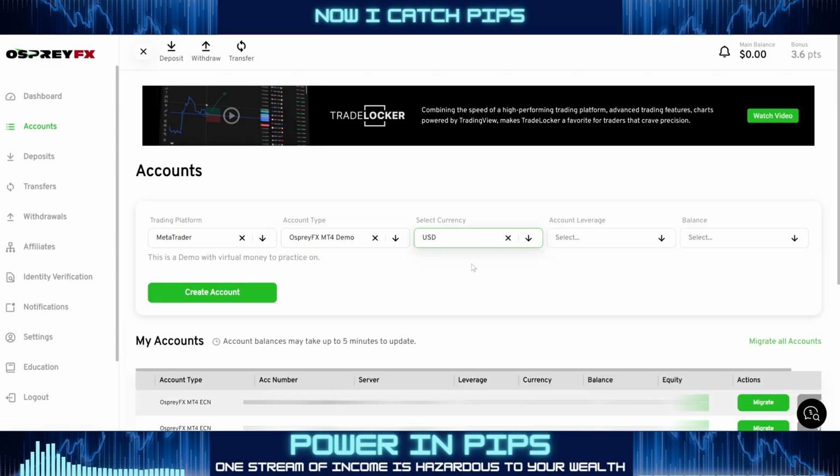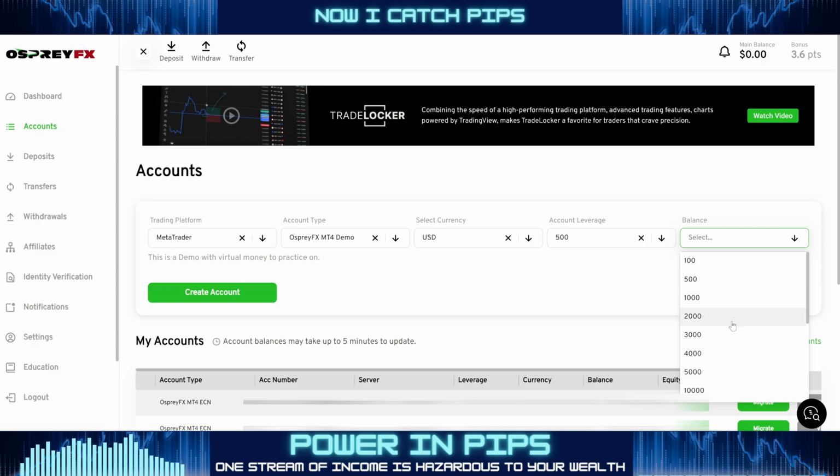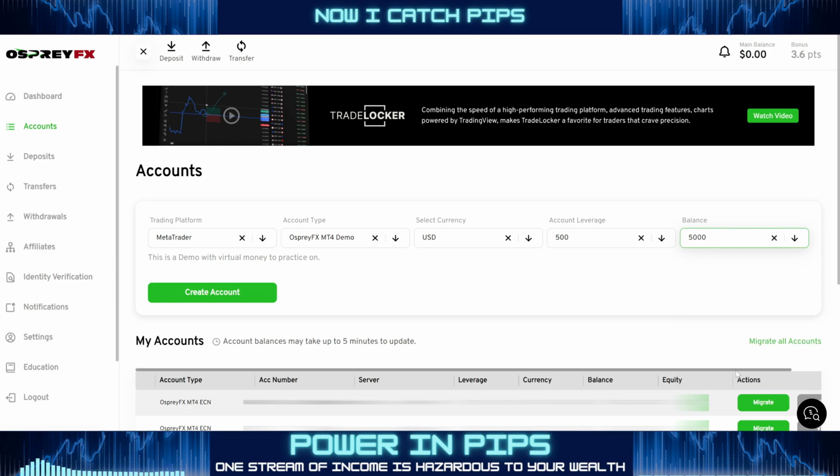We're going to select our currency, which is going to be US dollar, and we're going to select the leverage. Now, the higher the leverage, when it comes to your accounts, not going to get too deep into that, but we're going to select 500 in this example, and we're going to select the balance. So my suggestion is to select the balance as close to what you would be trading when it comes to your live account whenever you do decide to go live. So we're only going to put a couple $100 in there, go with 100 to 500. So you decide what works for you. I'm going to select 5,000. I'm going to hit create account,